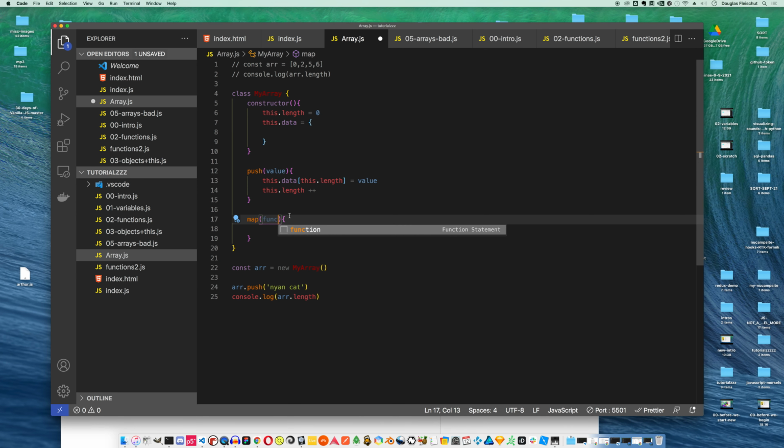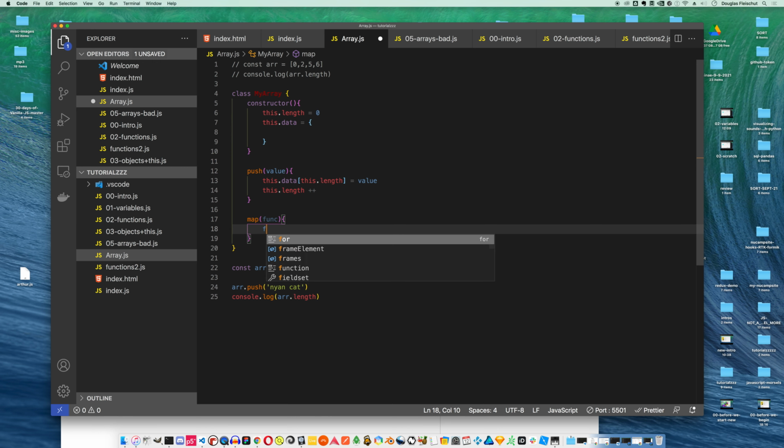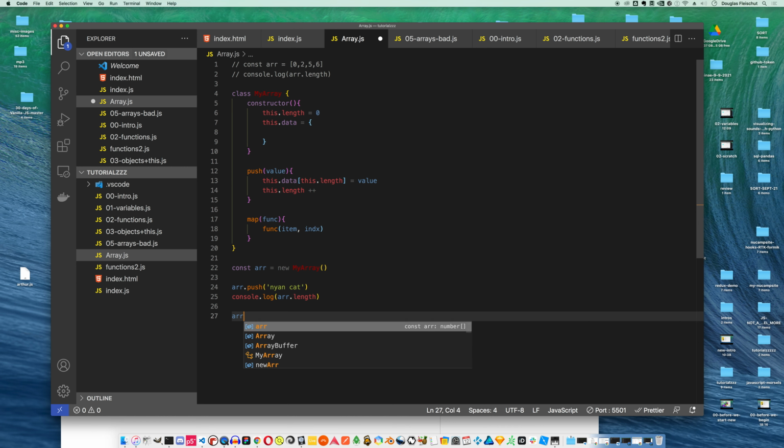So what we're going to do in this method is we're going to pass in a function. And this function, we're going to call this function, and we're going to pass in a couple of values. We're going to pass in an item and an index. So we're calling this function from within map. When we call r.map,